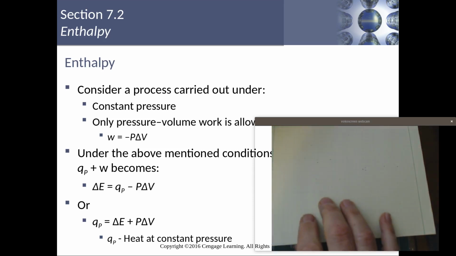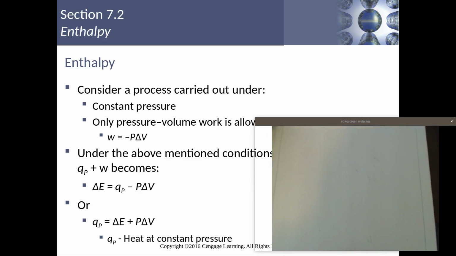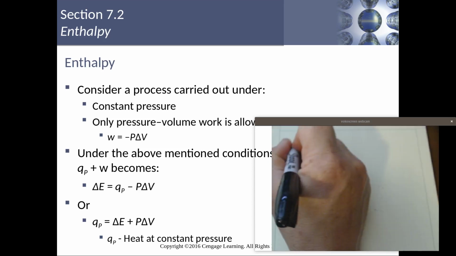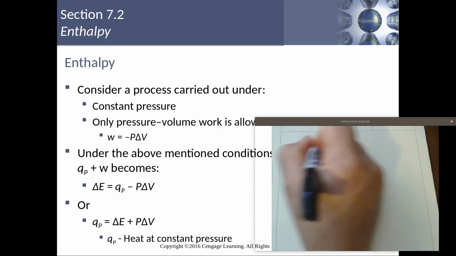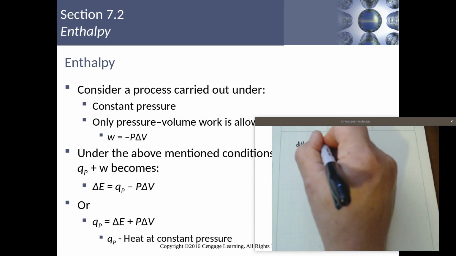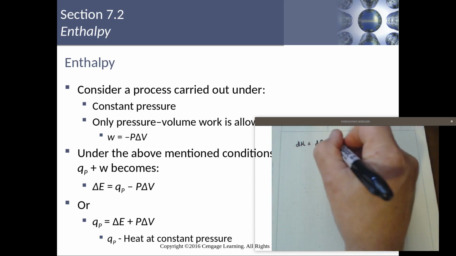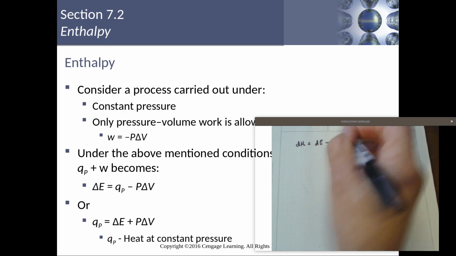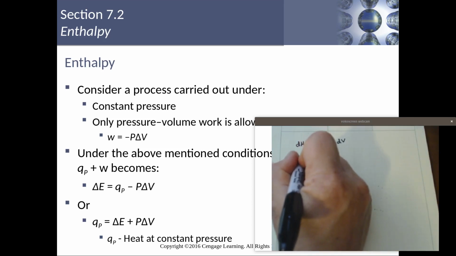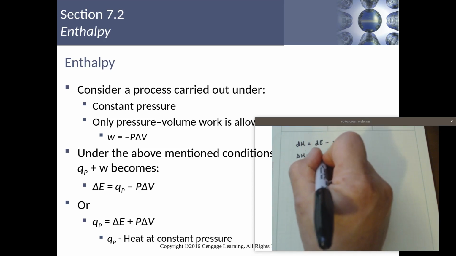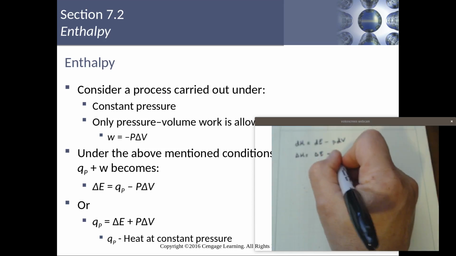If you dig a little bit into the mathematics of all of this, you realize that under the condition of constant pressure, I can write this out as dH is equal to dE plus P dV. Or if I want, I can write this as a change in the enthalpy is equal to the change in the energy plus constant pressure